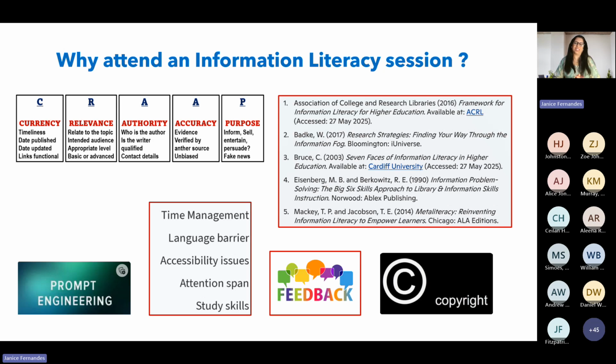So, a question that students talk about or might be asking in their minds if they don't ask me: why attend an information literacy session? Besides the CRAAP, where we talk about evaluation, besides explaining to them about bibliographies and reference lists and how to do correct referencing,